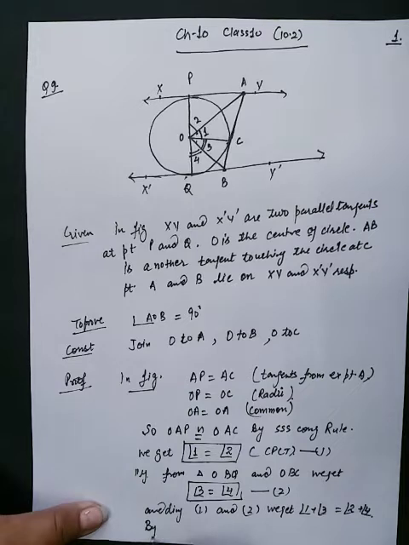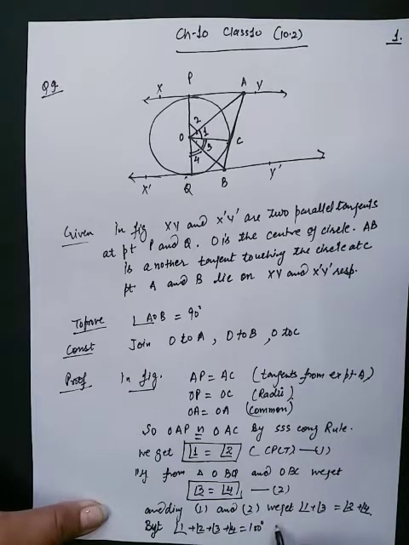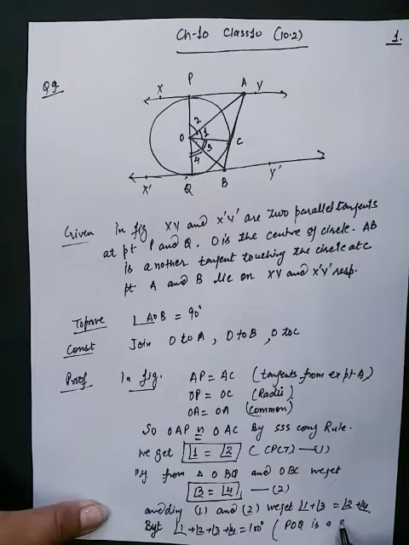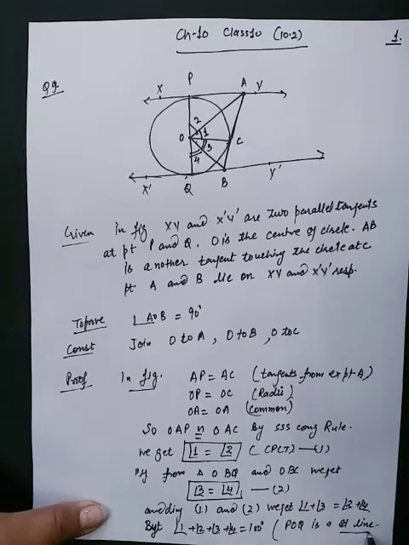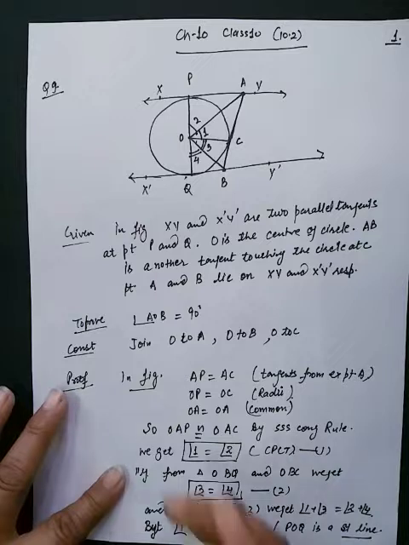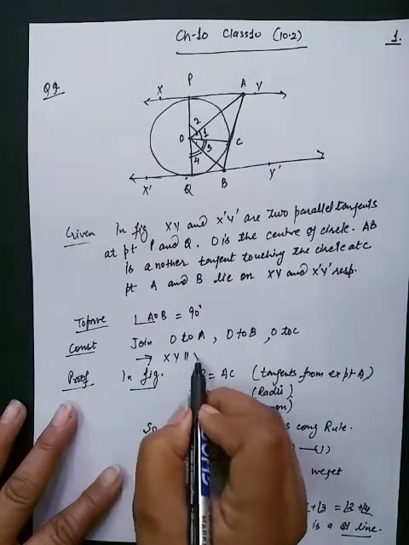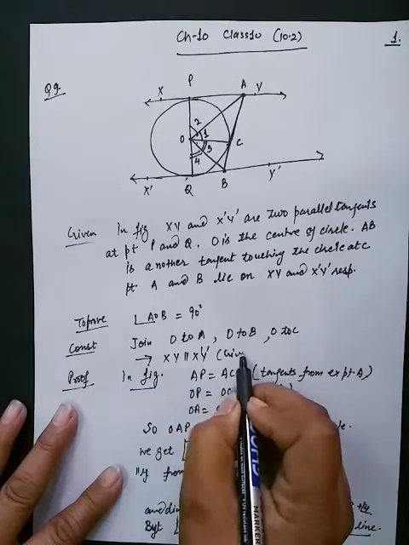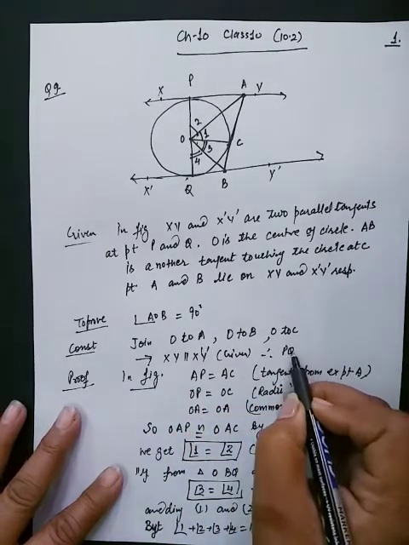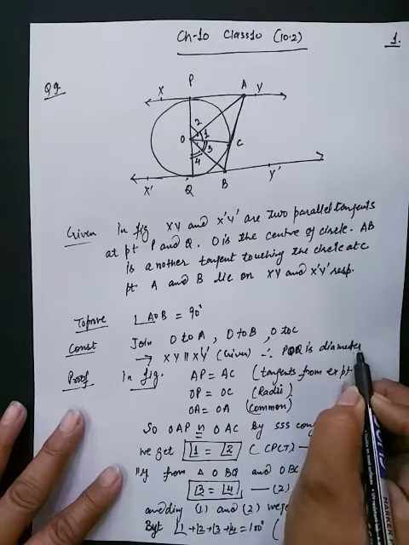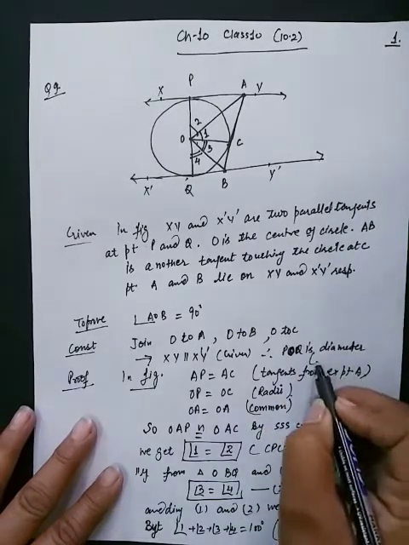But angle 1 plus 2 plus 3 plus 4 is equal to 180 degrees. Why? Because POQ is a straight line. In starting, first of all, we have to write here that XY is parallel to X'Y', given. So therefore POQ is the diameter. Why is this the diameter? Distance between